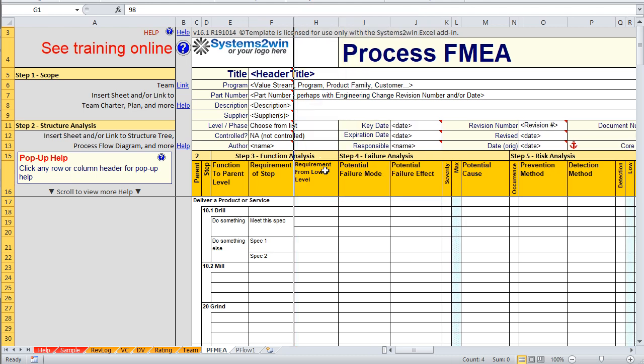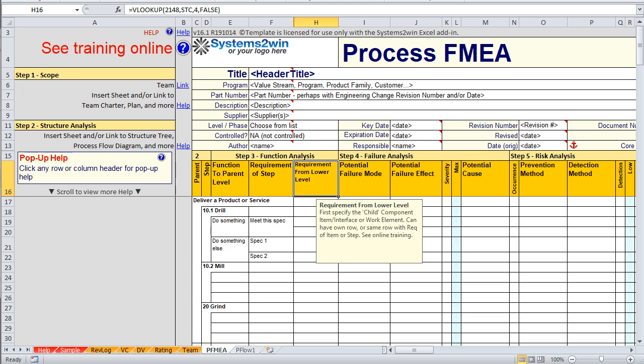Now let's look at the pop-up help for this last column in the function analysis section, where it tells us that this is where we should put any requirements from lower level work elements, in other words like sub-steps within a step, and or sub-items within the primary item that we're working on. And notice that the help tells us to first specify what is this child.